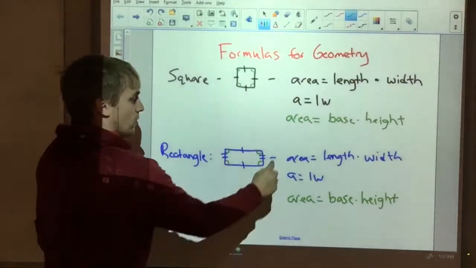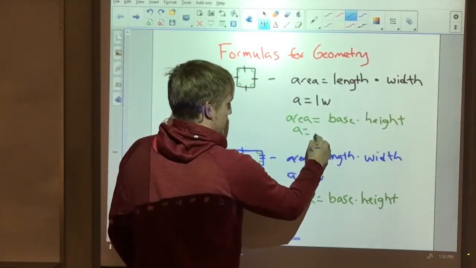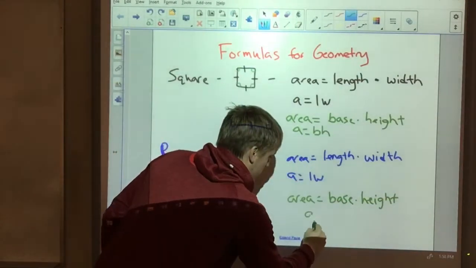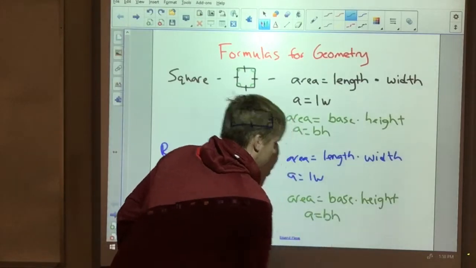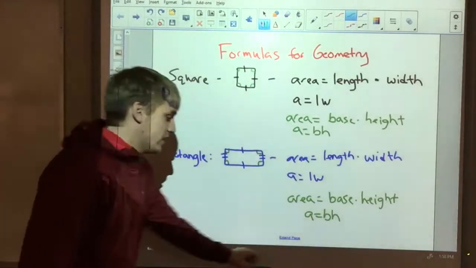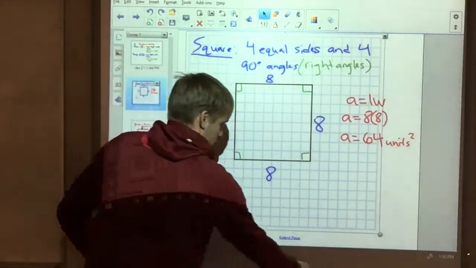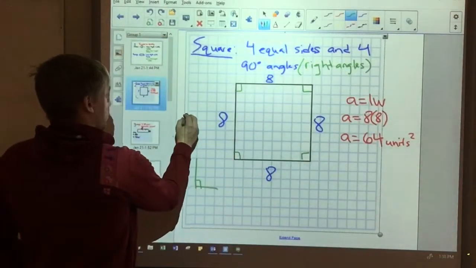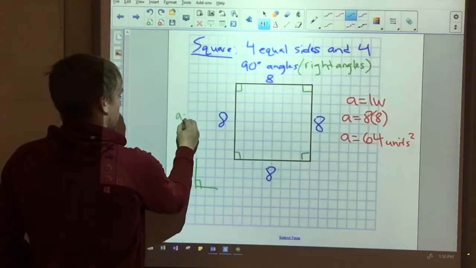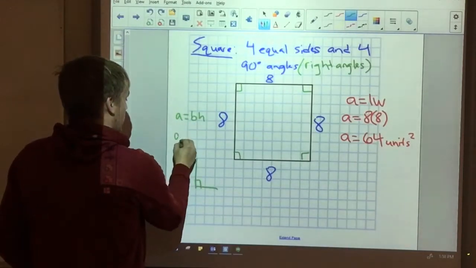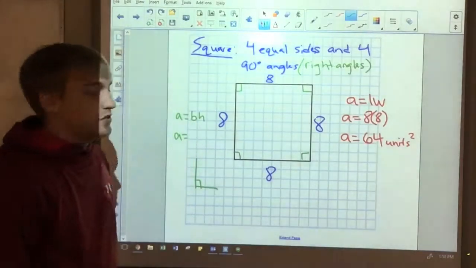Or A equals BH. A equals BH. Okay, now why is that a formula? Well, let's go back to the square. Okay, and on the side here, let's write A equals BH. Area equals, B stands for